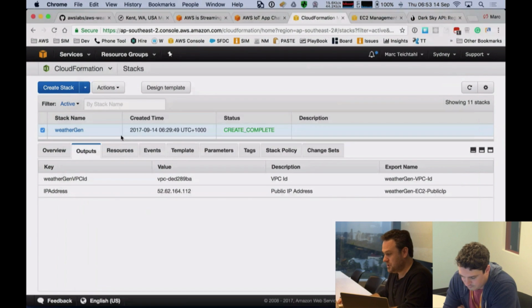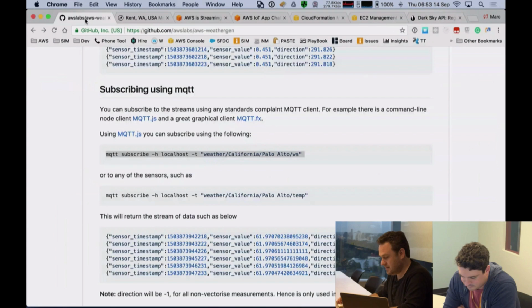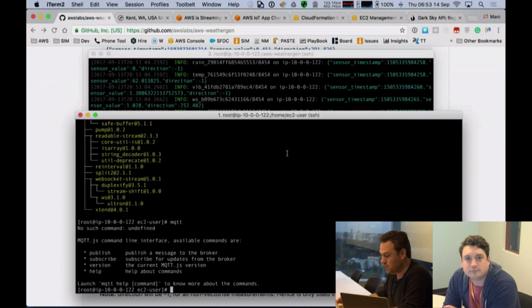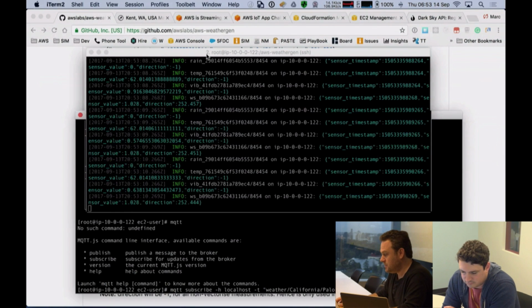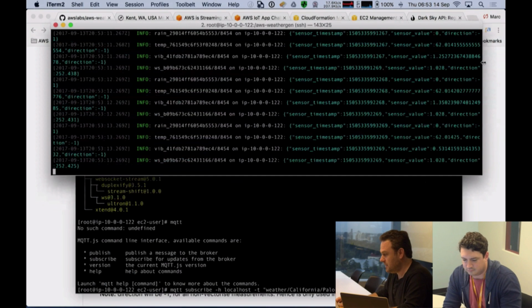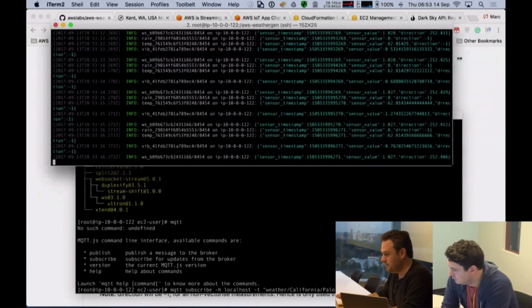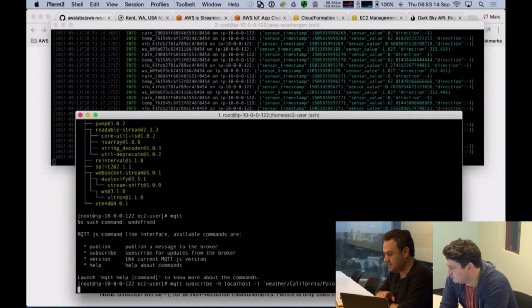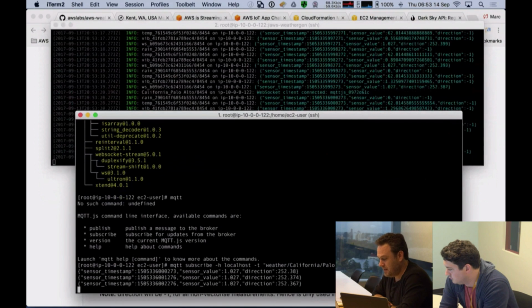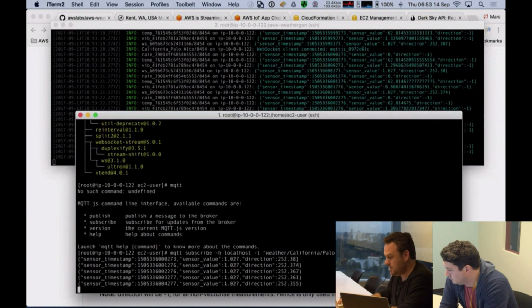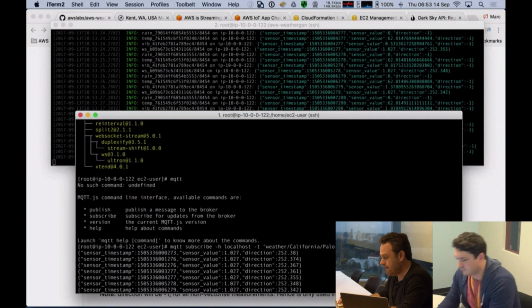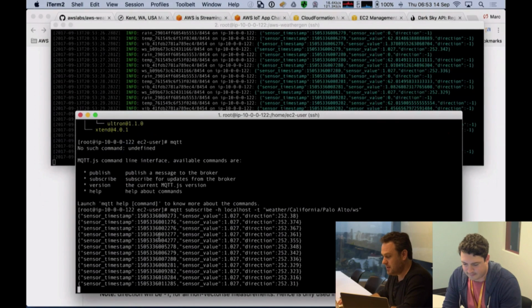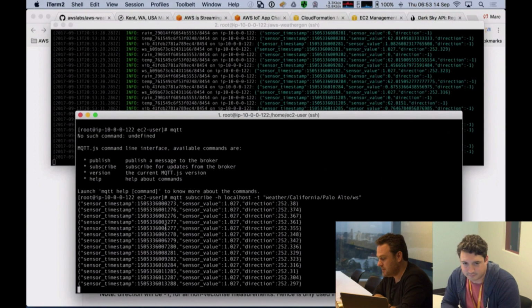So I'm just going to jump back over here to my command line, and now because I am on that local host, I should just be able to subscribe to that stream. And I'll just make this a bit smaller. Let us know on chat if that's getting too small, but it's just a little bit cleaner to have a look at it like this. Here we go. I have hit enter, and I've subscribed to the wind speed sensor, and you can see here I'm getting a timestamp, I'm getting a wind speed and direction.